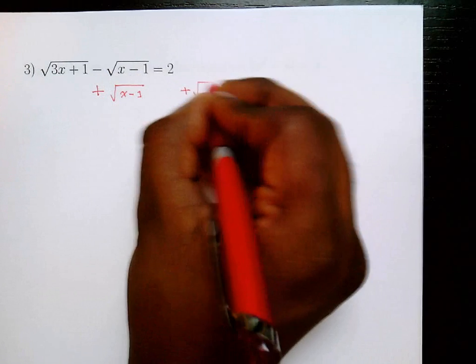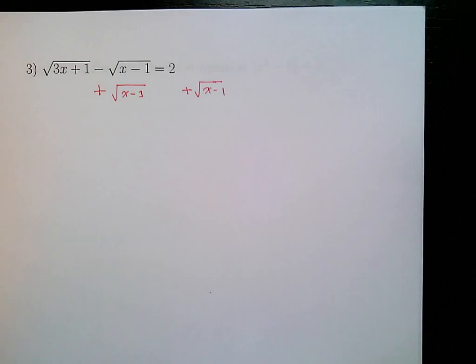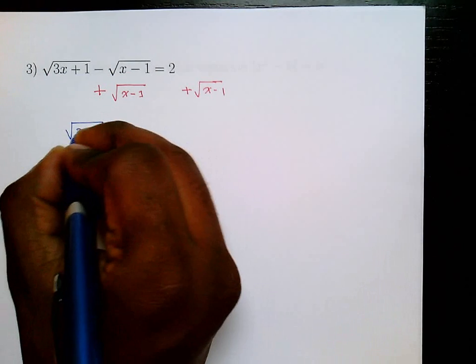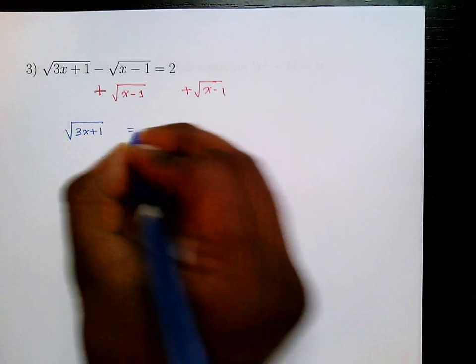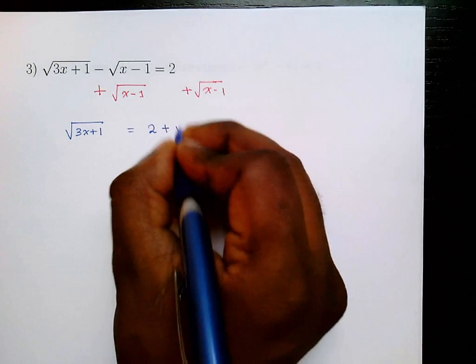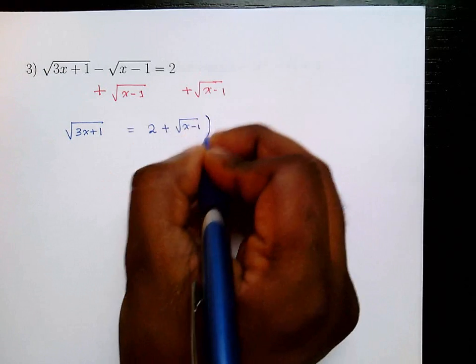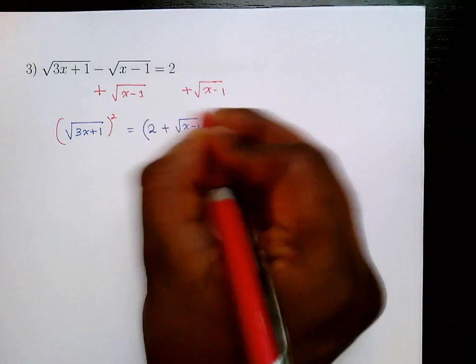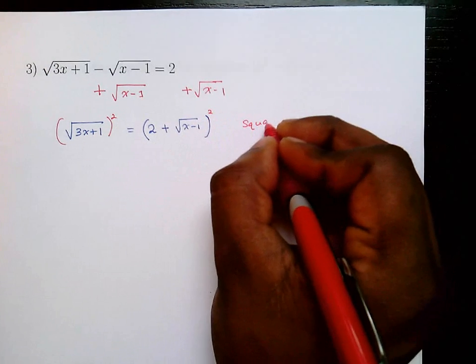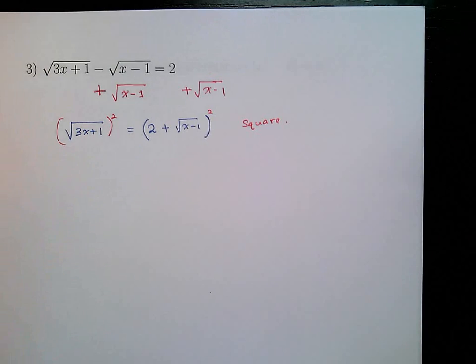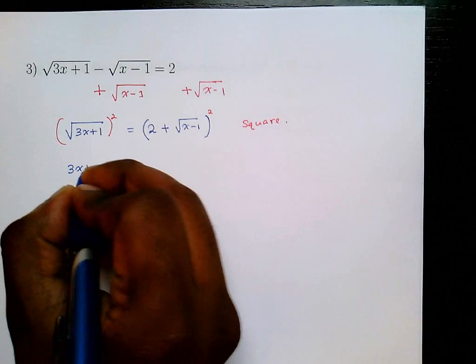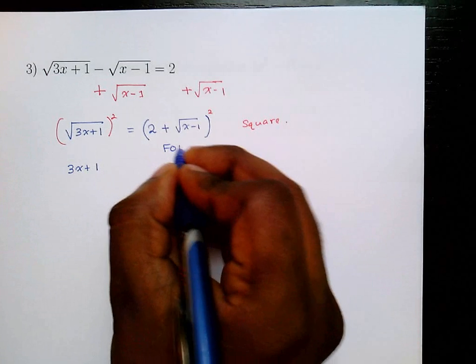to both sides. Now this is something we did not do in class, but you should know how to do this, because now you see how I do the example. So 3x plus 1 is equal to 2 plus root x minus 1. Now square both sides. Okay, now when you square both sides, here you get 3x plus 1